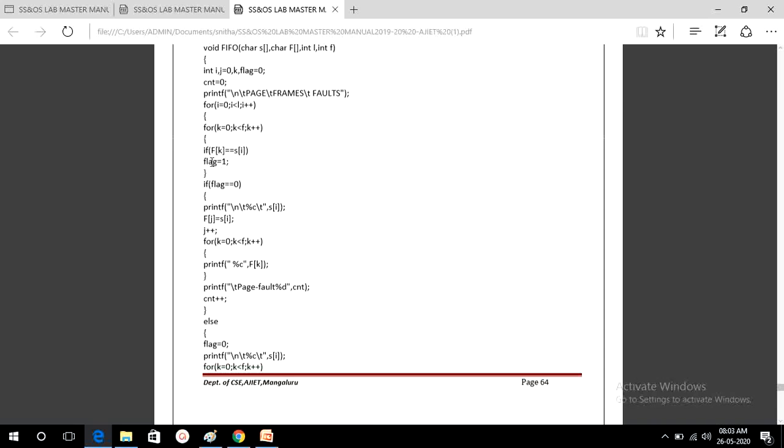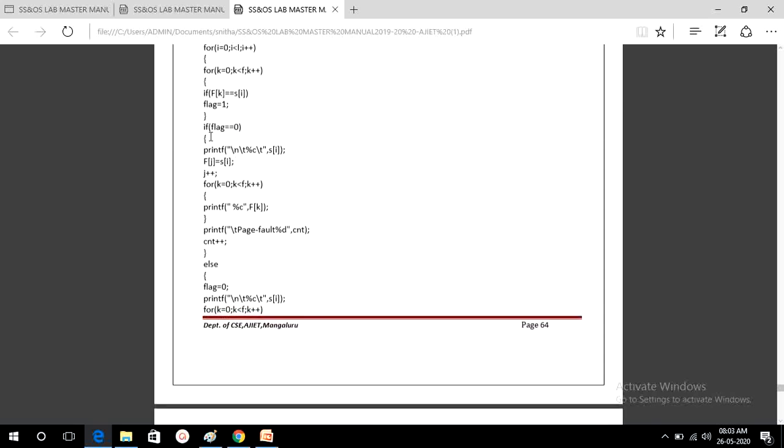So now flag equal to 0. Now come out. If k reaches 3, the condition fails, come out. So now i is 0 itself, but k reached 3, so you come out. Our flag is not 1 because this condition is not satisfied, so our flag is 0. Now I am checking the condition here. If flag is 0, this condition, otherwise the else part. I am satisfying the flag equal to 0 condition.